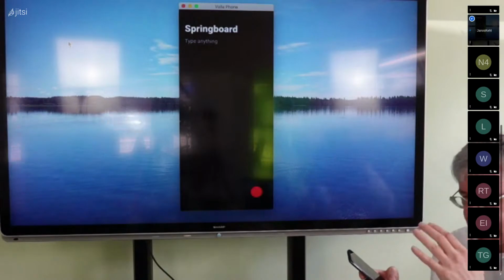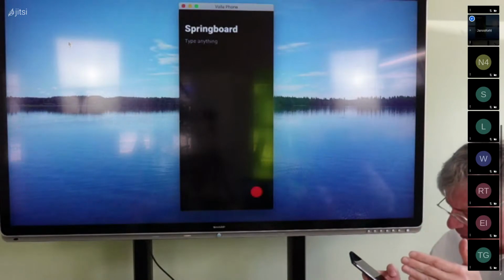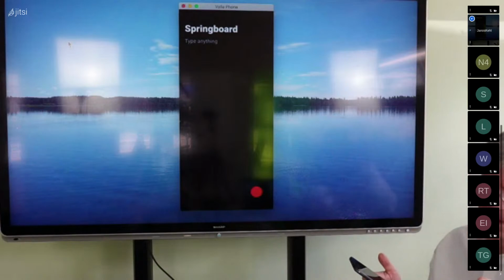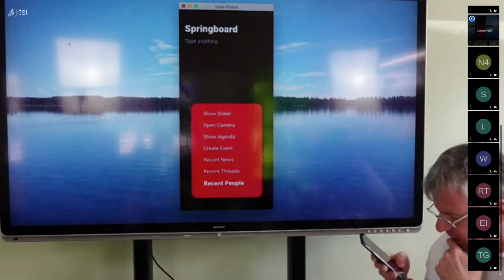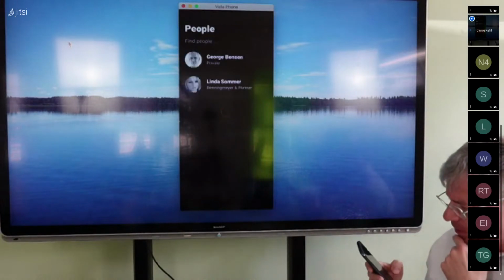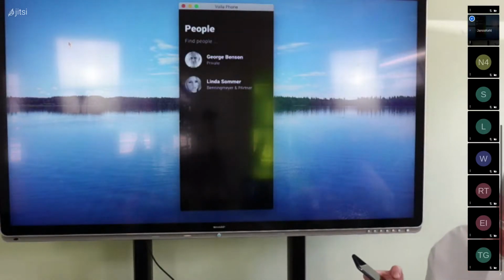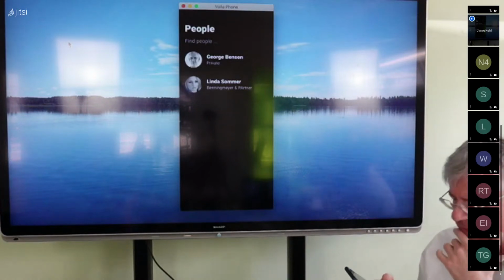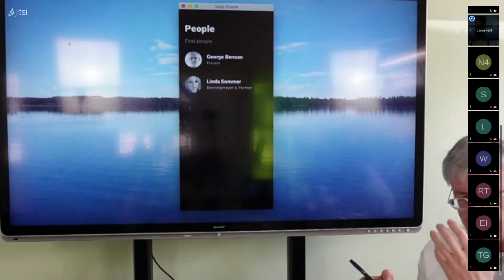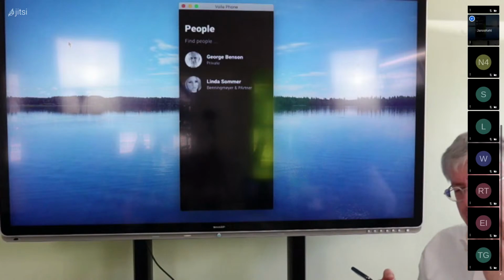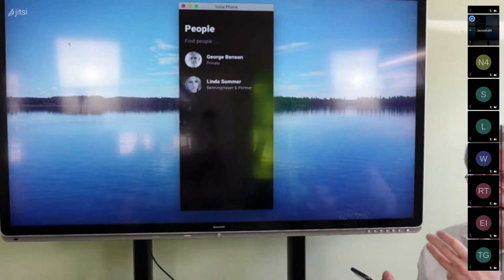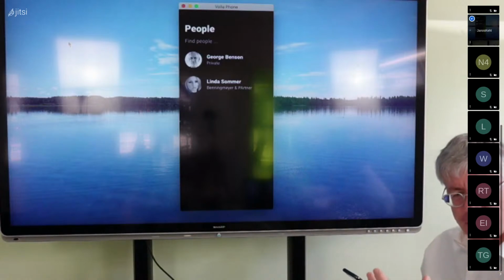So then we have, this is the third pillar, the so-called collections, Sammlungen in Deutsch. And there are three of them. First are the recent people. So the recent people, there's some confusion about it by our users. So they are the people, not all contacts of your address book. The idea is that here you find the most important people, the one that you have marked as a favorite